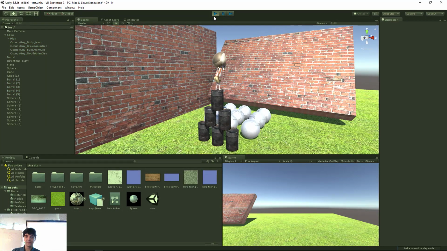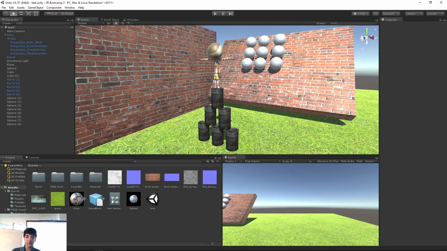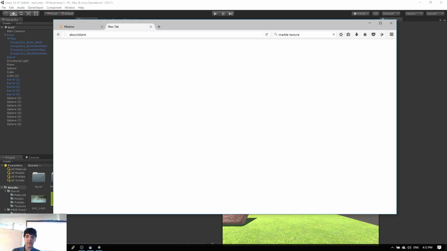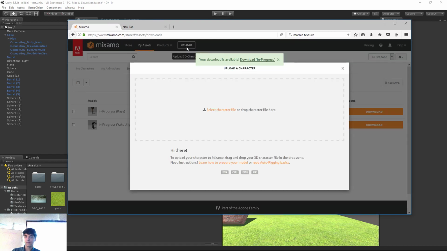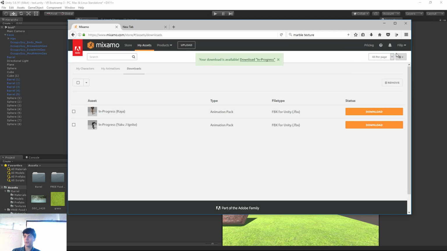How do you upload your own stuff to this? So you just have to have a character. But see, there's an upload button right there. So I think the problem is that you have to be logged in. Yeah, I don't think it's